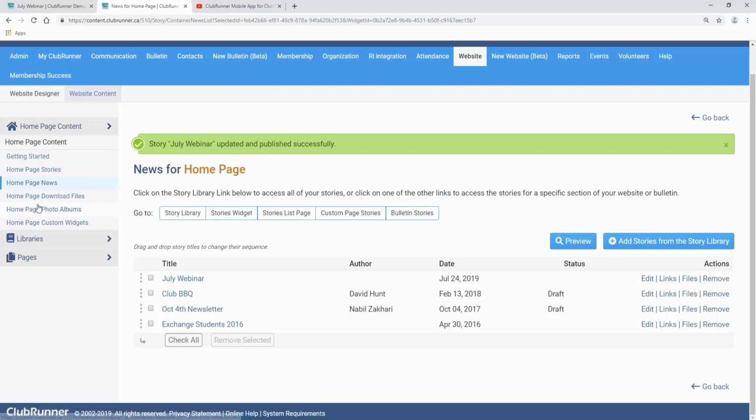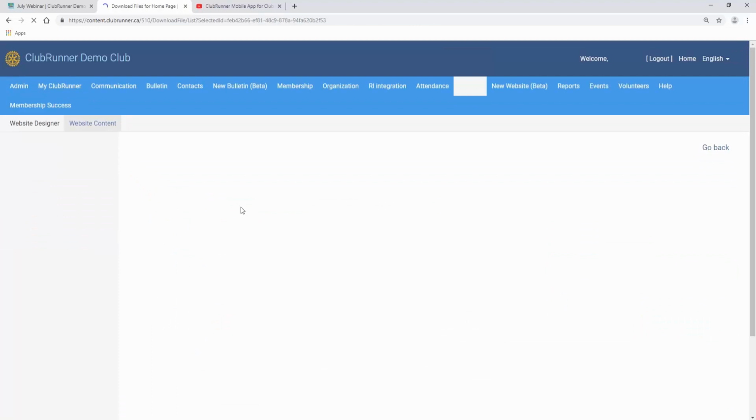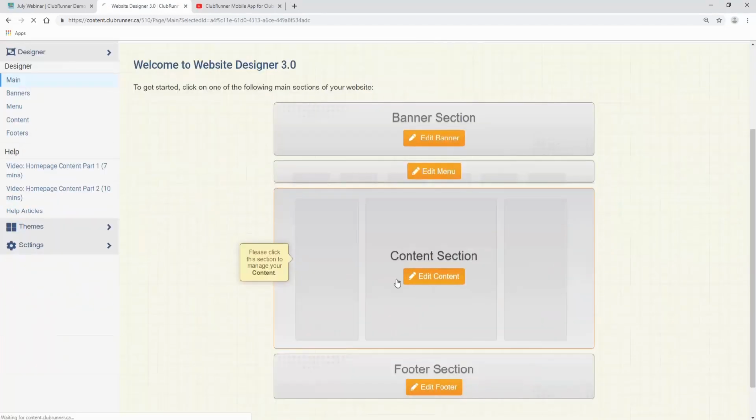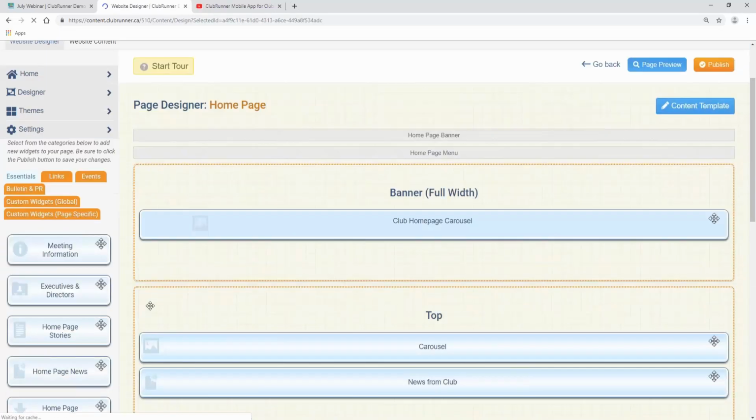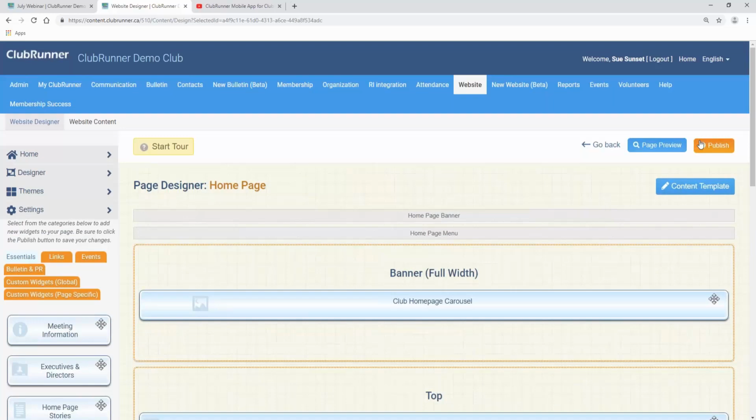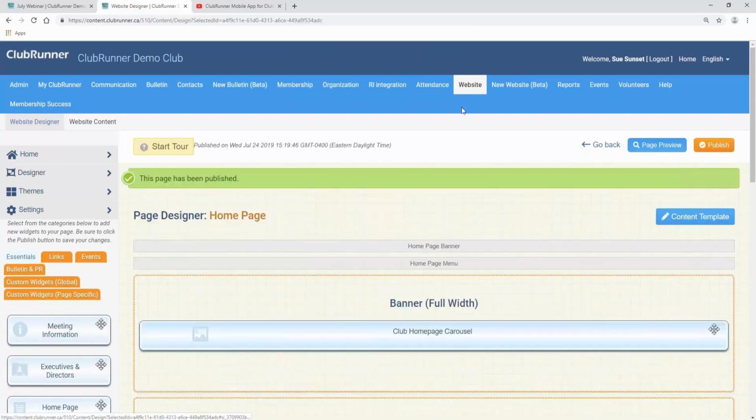So next thing we're going to look at is the homepage download file. So on the left, we'll click homepage download files. And again, the warning is up at the top that we don't have this widget. Let me just quickly add it. So homepage download files. We'll just add it under the news, and we'll click publish. So if I go back to the website content,